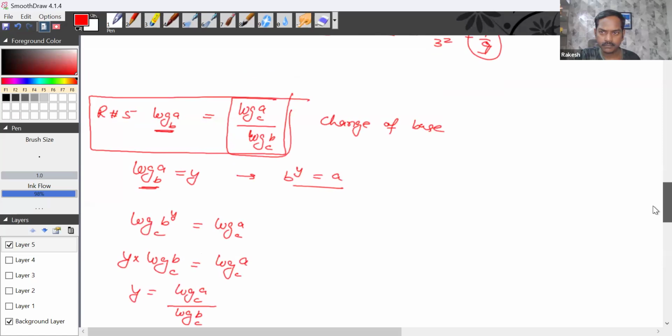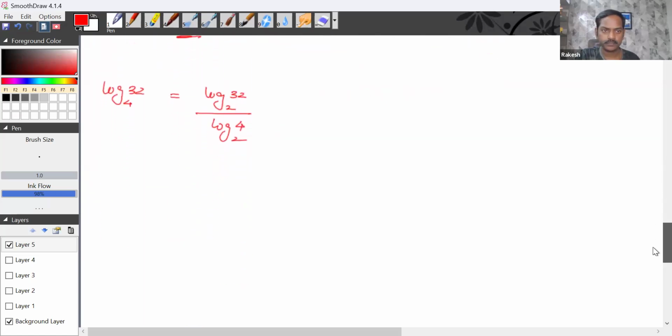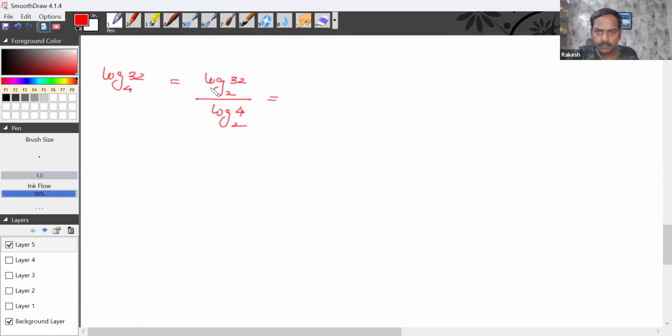A is 32 and B is 4 and C is 2. This is very simple to do because 32 is nothing but log of 2 to the power 5 with base 2. Here it will be log of 2 to the power 2 with base 2. Separately, I want to find the numerator portion. This comes out to be 5 into log of 2 with base 2. Having the same base, it will become 1. Here it will become 2. So the answer is 5 by 2,